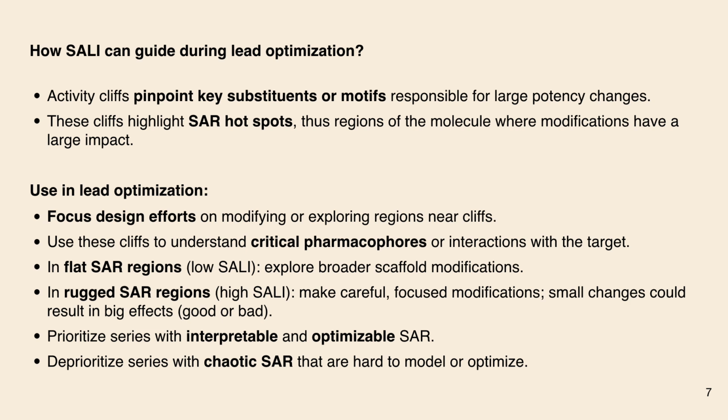So, how can SALI help during lead optimization? Activity cliffs show us the key substituents or motifs that drive big potency changes. These cliffs reveal SAR hotspots, thus regions where small modifications have a large impact. In areas with low SALI or smooth SAR, we can explore broader scaffold changes. In high SALI regions where the SAR is rugged, we need to make careful, focused modifications, since small changes can have big effects, good or bad. Overall, SALI helps us prioritize series where the SAR is interpretable and optimizable, and deprioritize series that are chaotic and